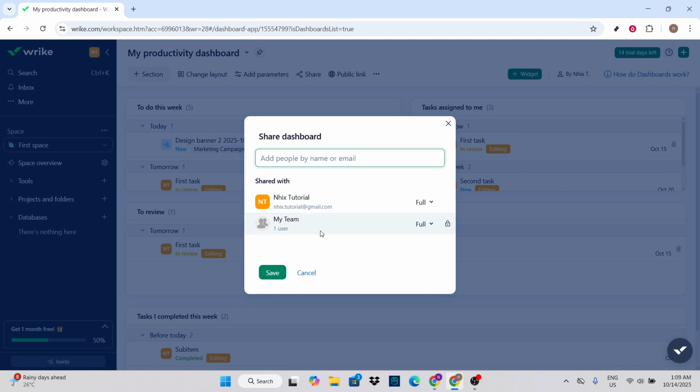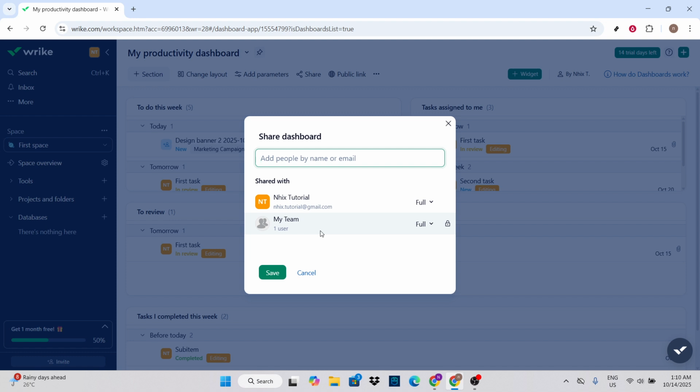Finally, the last step involves clicking on My Team. By selecting this option, you're identifying which of your team members need access to the workspace you're sharing. Ideally, everyone who is working on the project should be included here to ensure seamless collaboration. If you have specific roles or permissions to assign, Wrike gives you the flexibility to do so at this stage,